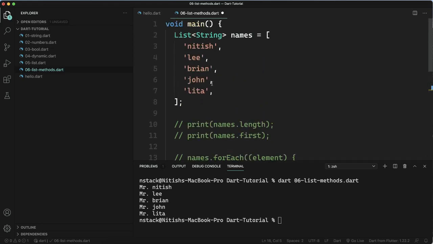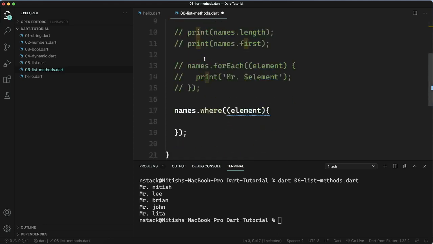So in our case, we need to think of a condition, like what are the names which we want to filter out. I want to get all the names which contain I, which means the name having the letter or character I. Nitish has I, Brian has I, Lita has I, but John and Lee do not have the I character in their name.